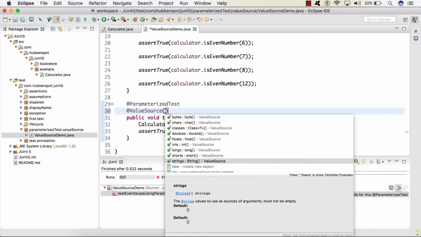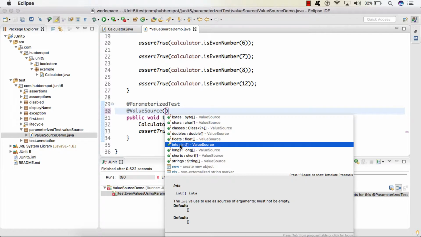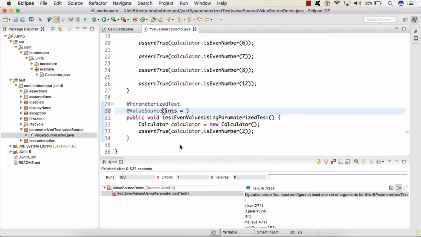So here let's say we are testing even numbers, so we will be using the int array. Here we can provide a different set of values, 2, 4, 6, 8, in the form of an array.